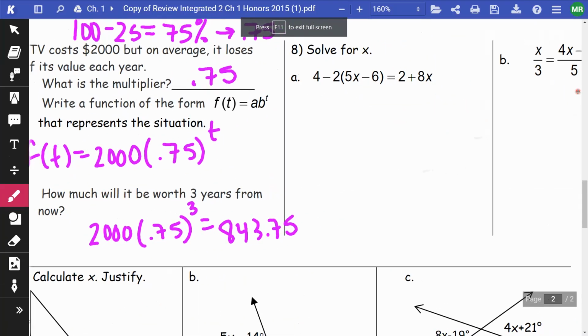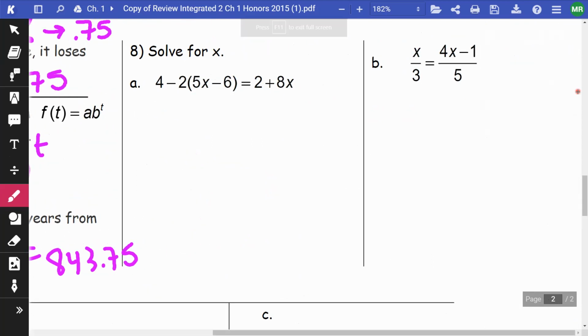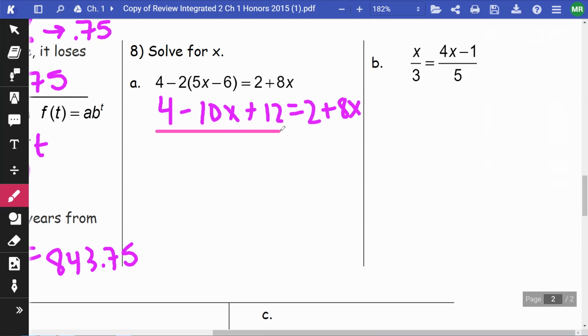So on number 8, we're just going to solve. So I'm going to distribute. So I'm going to get 4 minus 10x. And a negative 2 times a negative 6 is a positive 12 equals 2 plus 8x. What I'm going to do is combine like terms. So on this side of the equal, I have my 4 and I have my 12, which I can add up. And I'm going to end up with